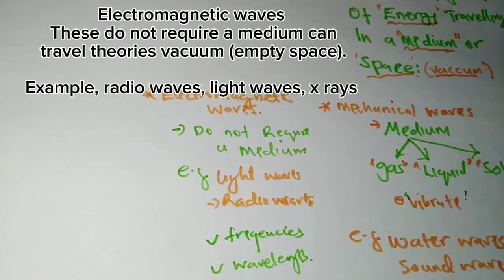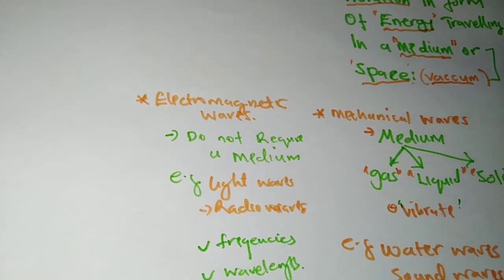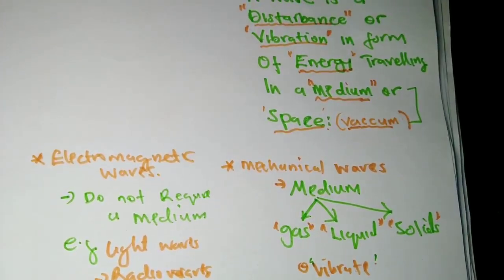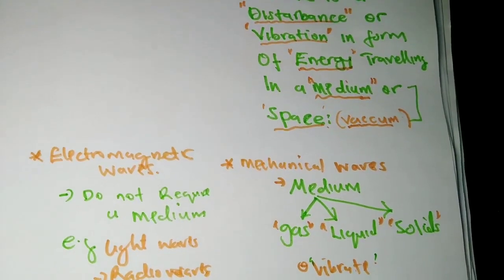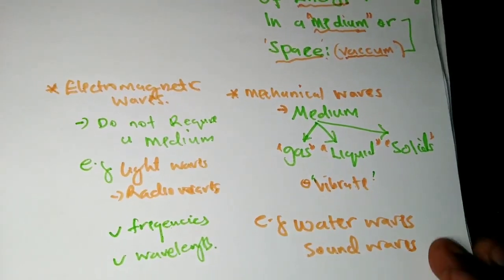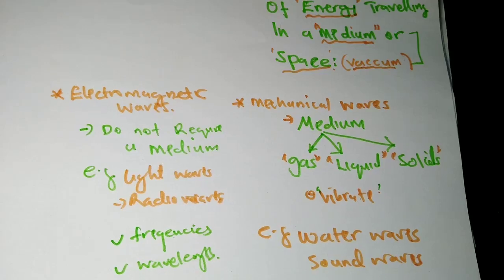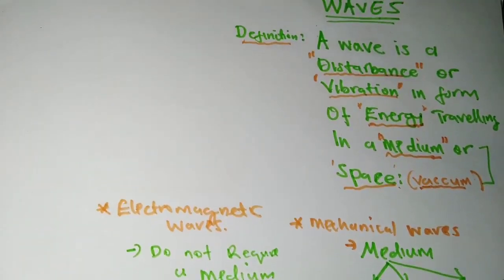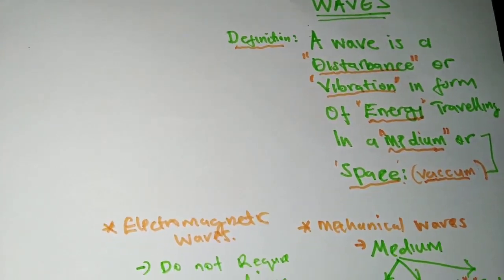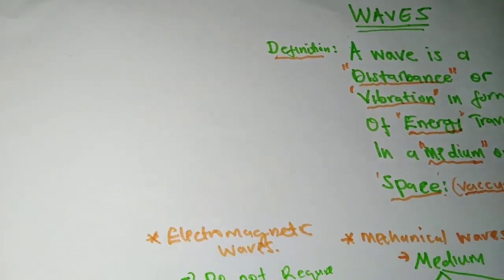From the definition here, just this part here, we can get a lot of meaning just by saying that waves travel either in a medium or a vacuum. We've seen that this gives two types of waves, electromagnetic waves and mechanical waves. Under mechanical waves, we've talked about water waves and sound waves, and these require a medium for them to be transmitted. Now let's look at the other part of our definition here. We said it is a disturbance.